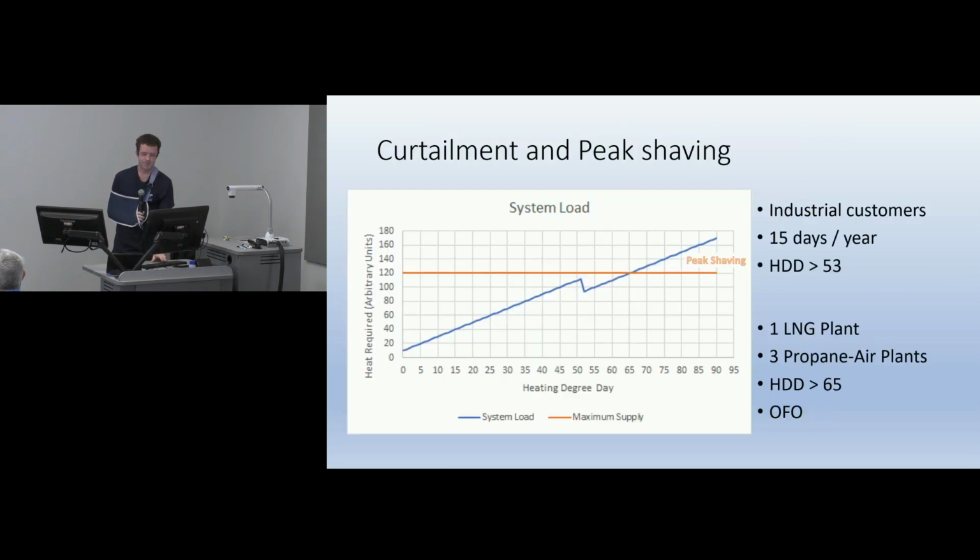the daily usage. So the curtailment and peak shaving, this is a graph that represents how much gas we might use on various heating degree days. So at a certain point, we curtail a lot of our industrial customers, and the red line represents our maximum gas supply. We have a contract with our industrial customers where we are going to shut them off for up to 15 days a year, and that will give us a little bit more gas supply to work with. But then eventually we are going to reach our maximum supply, and so then that means